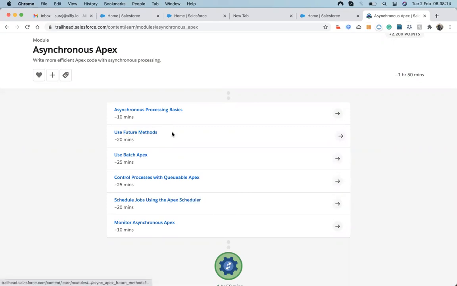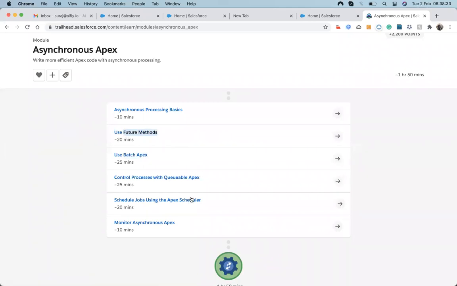Future, as the name suggests, is a method, just like a function that does some asynchronous job. Batch is a different thing. Batch is a class. Queueable is a class. Scheduler is a class. These 3 are classes, but future is a method.